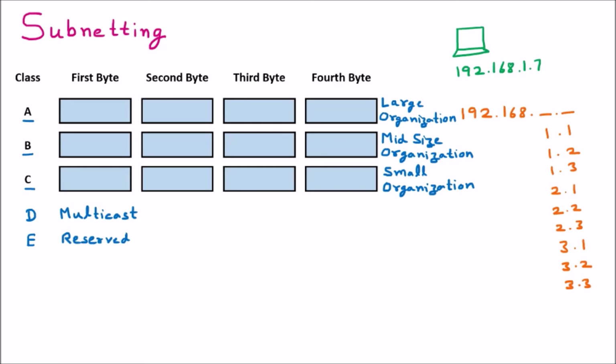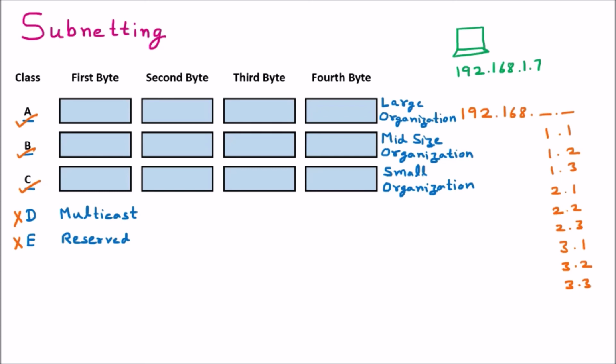Now if we talk about the normal user, which classes do we use? The normal user uses class A, B and C. They do not use class D and E, because D is for multicast and E is for reserved. That's why in most diagrams you will not find class D and E, because they are not for normal use. Talking about A, B, C, they are the unicast classes, and here we use our IP, and they also have ranges on which the classes depend, just like this 192 depends upon some class.